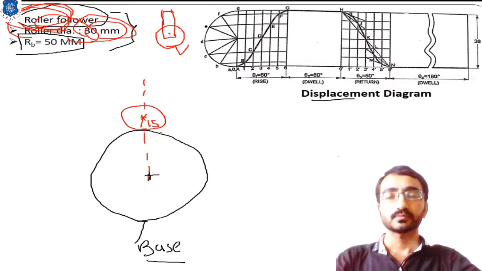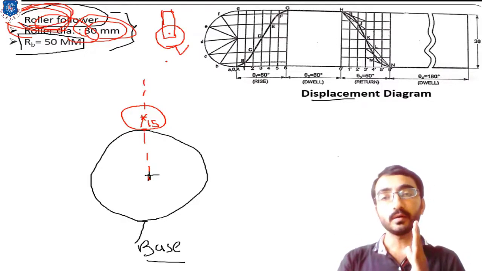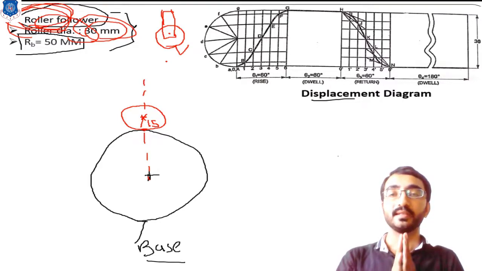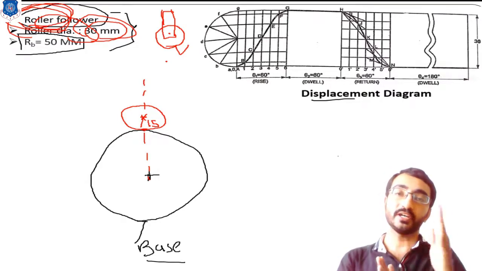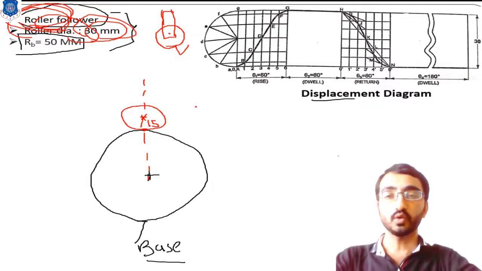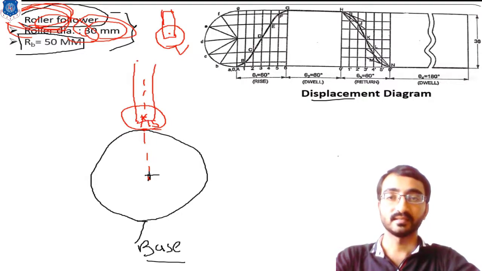This is the first and fundamental thing that you need to learn while sketching the roller follower. The only change in the procedure is that, instead of a knife edge follower in which you plot the knife edge directly, here you have to consider this 15 mm as the radius of your roller, and from that center point you sketch the roller. The rest of your frame section can be sketched like this.